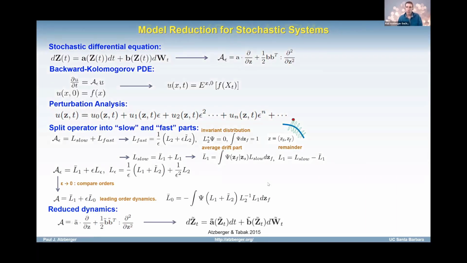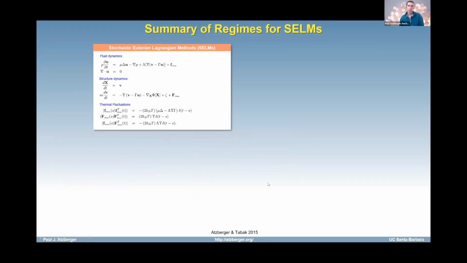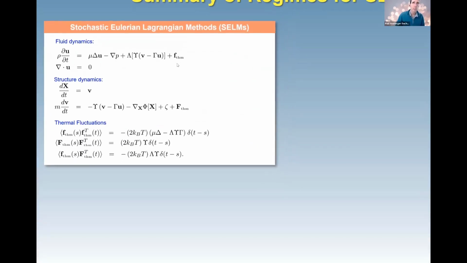Okay, so what we've done is we've applied that approach to the stochastic partial differential equations that we had when we did that inertial formulation of the mechanics. This was the original formulation of the mechanics that I showed you in the previous slide. What we'd like to do is start to get rid of certain dynamics in that equation in order to, again, make the equations less stiff before we treat them numerically. And we're going to see there are some very important implications for how the thermal fluctuations play out.